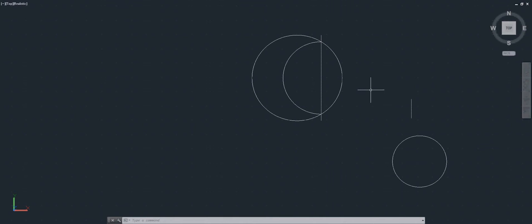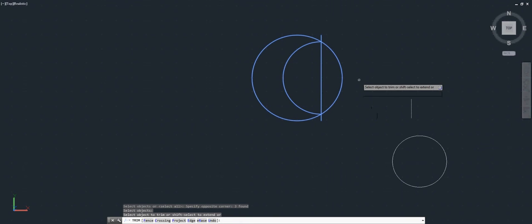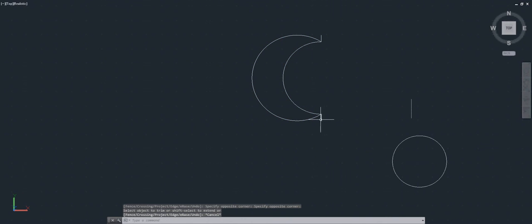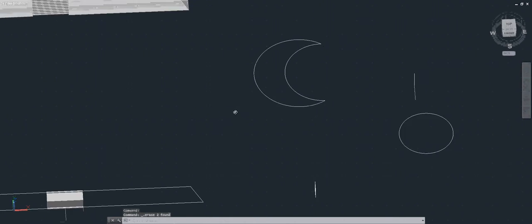So what I do now is that I hit TR for trim, enter, I select the whole thing, and now I have everything that's going to be trimmable, so I hit enter again, and I want to take out the parts that I don't need, which are these two. As you can see, there's still these two parts with it, which I cannot trim, so I just select them, and then press delete. Now I hold the shift key and my scroll wheel and move it around so I